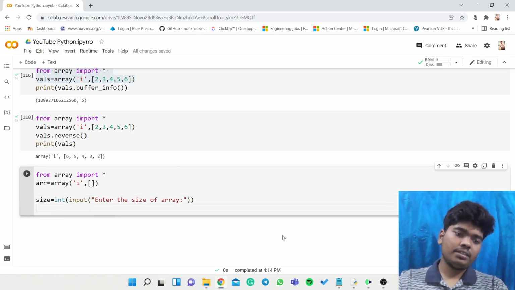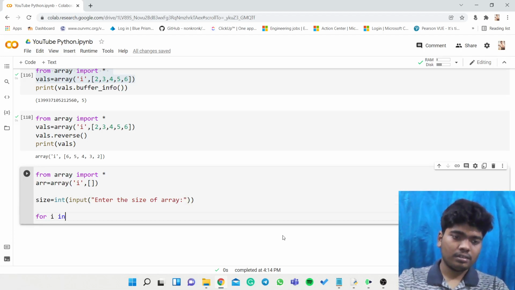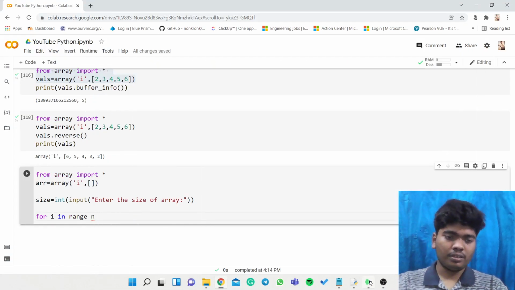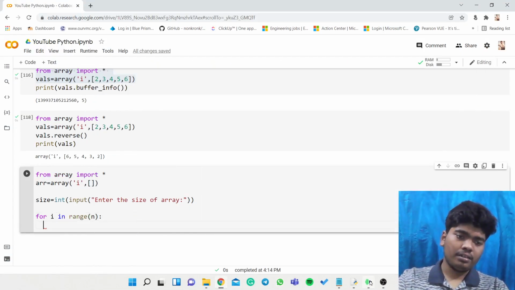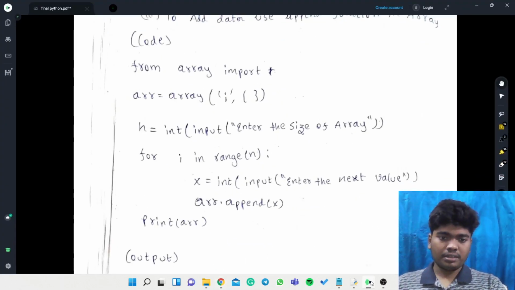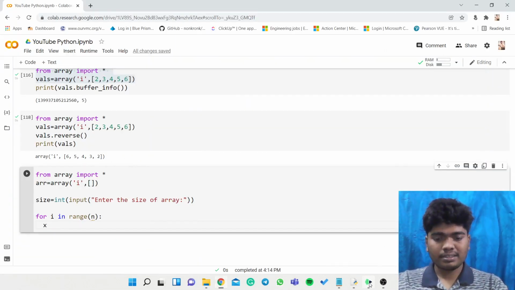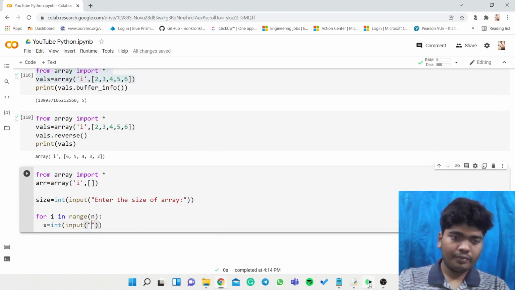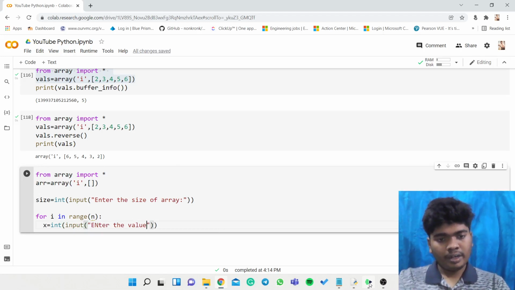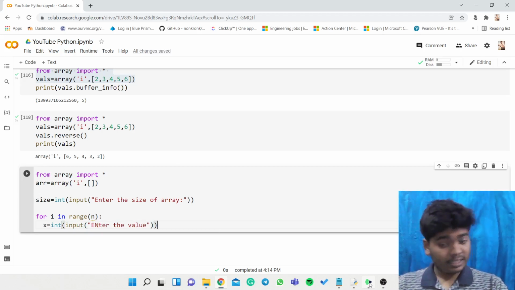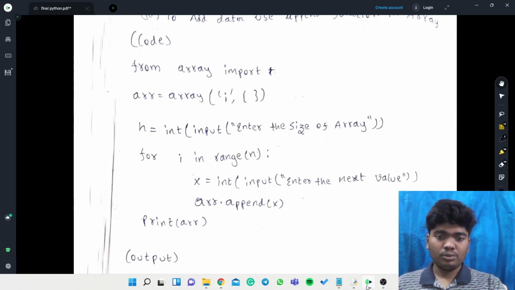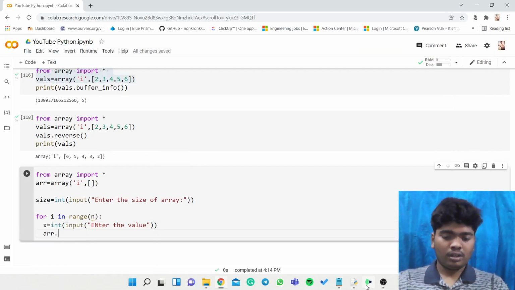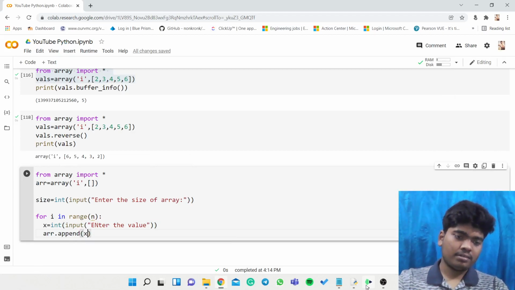So after entering the size of array, for I in range n, we need to just mention that in a bracket. For I in range n, let us just consider it as x. So x is equal to int of input of enter the value. So after entering the value, we need to just append it to that array. So arr dot append of x.